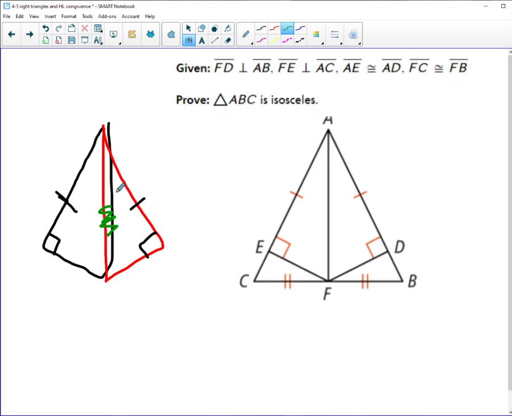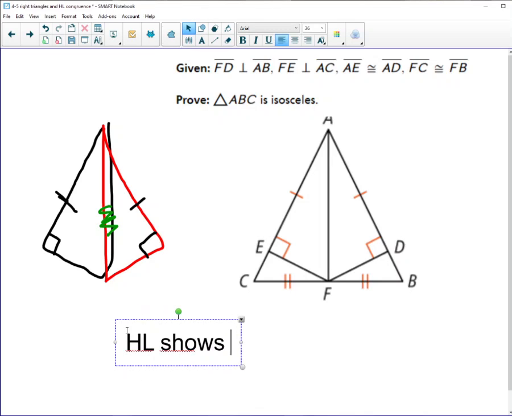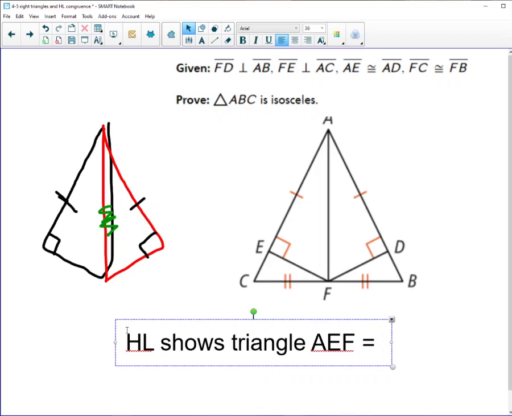So if we're careful, we can see we have angle, side, oh, no, can't do that. Oh, but it's a right triangle. I've got a leg and the hypotenuse, a leg and the hypotenuse. So by HL, HL shows that triangle AEF is congruent to triangle